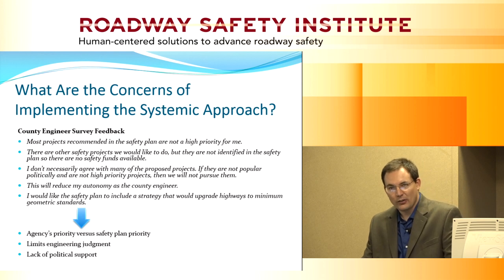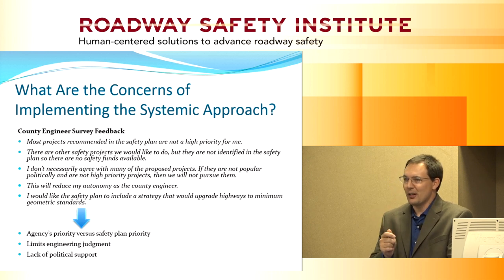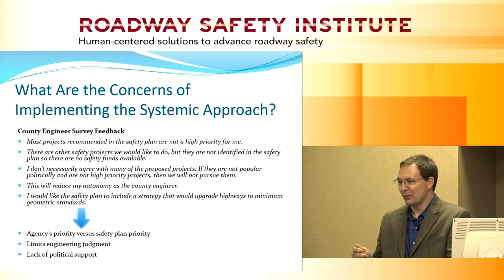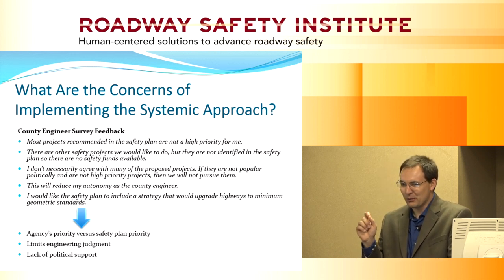My priority is different than the plan's priority. So it was a counterintuitive plan, and that's what I love about traffic engineering: it's a completely counterintuitive practice. Everything about traffic engineering, for the most part, is counterintuitive. You want to increase safety? Increase the speed limit. That's a counterintuitive thing. But their perceived priority is different than the plan's priority.